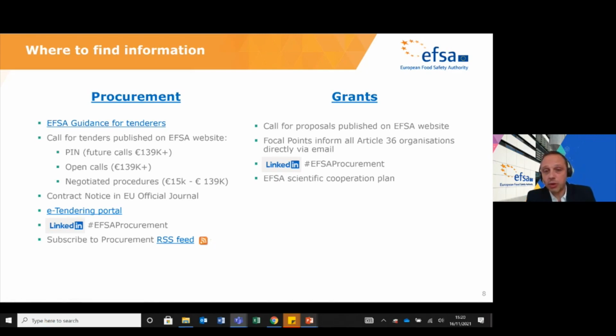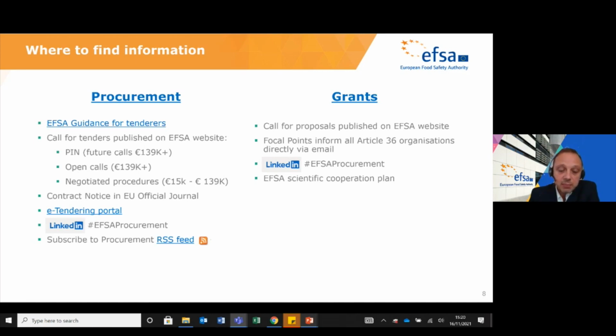Like for procurement, we also use the hashtag EFSA Procurement on LinkedIn. And we also have a document that we call the Scientific Cooperation Plan. This is a document that is published periodically on our website, and includes information on the subject matter of the future calls, in particular the